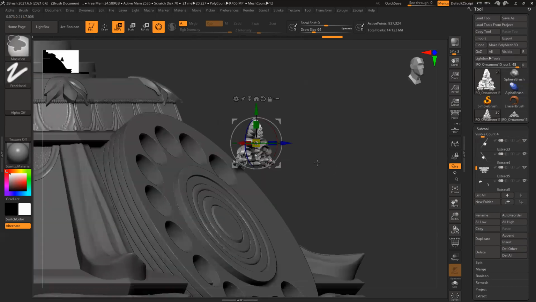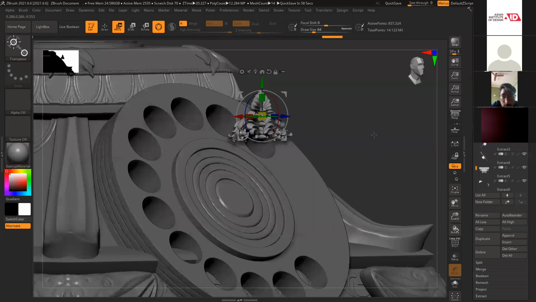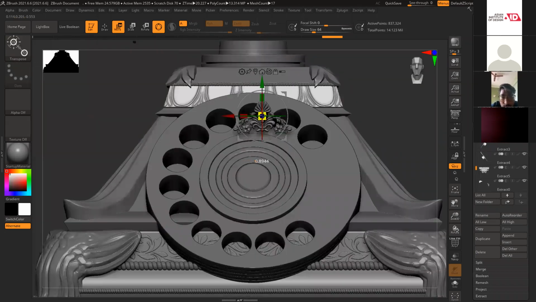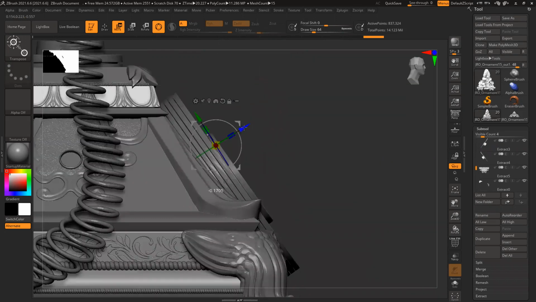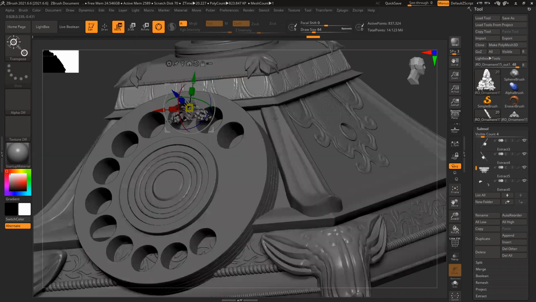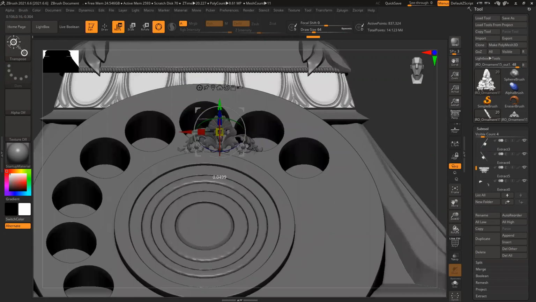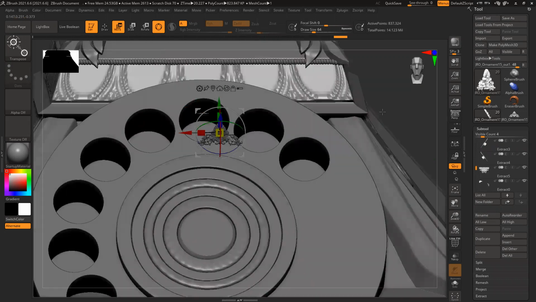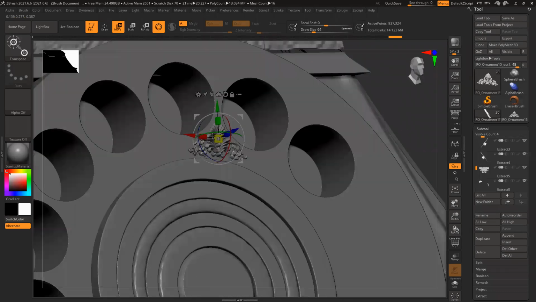Finally, I can see it. So I can place it like this now.